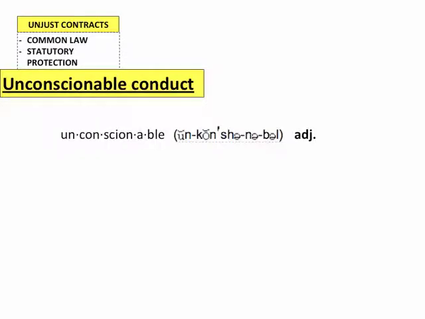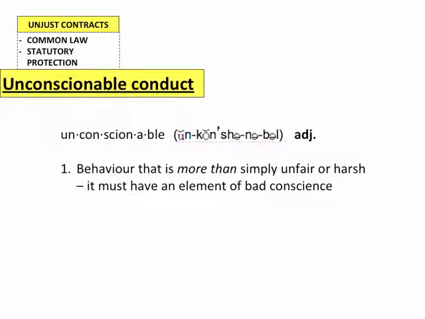So let's look at the meaning of unconscionable. Unconscionable, and it's an adjective. It's behavior that is more than simply unfair or harsh. It has to have some sort of element of bad conscience. So there are contracts all the time that are kind of unfair, that are not very nice, that are harsh, that are uncaring, unkind. But for it to be unconscionable, it needs to have this special element of like a